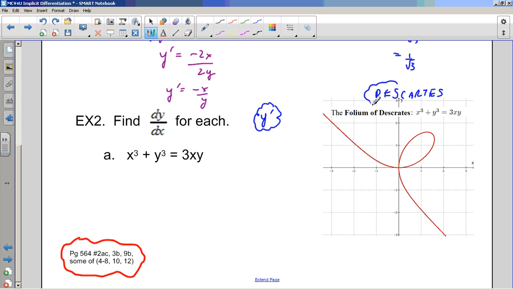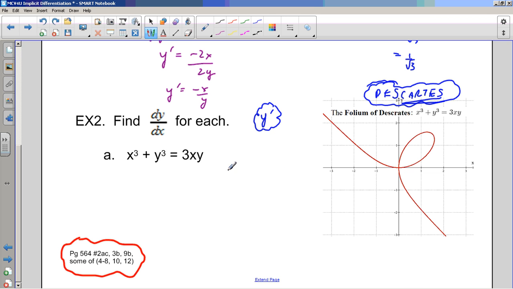Descartes was a mathematician and philosopher. He's maybe more famous for his quote, "I think, therefore I am." That was Descartes. And he was also the one that came up with this XY grid system, called the Cartesian plane, right? The Cartesian plane is named after Descartes. And this is his folium, apparently, which is kind of this loop